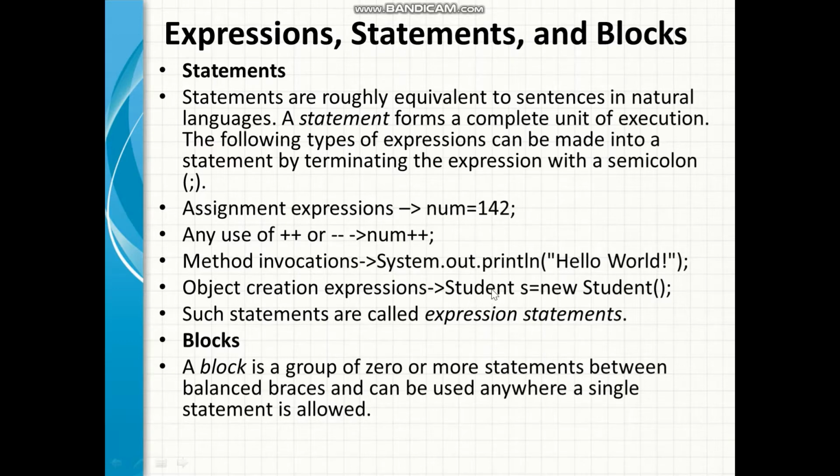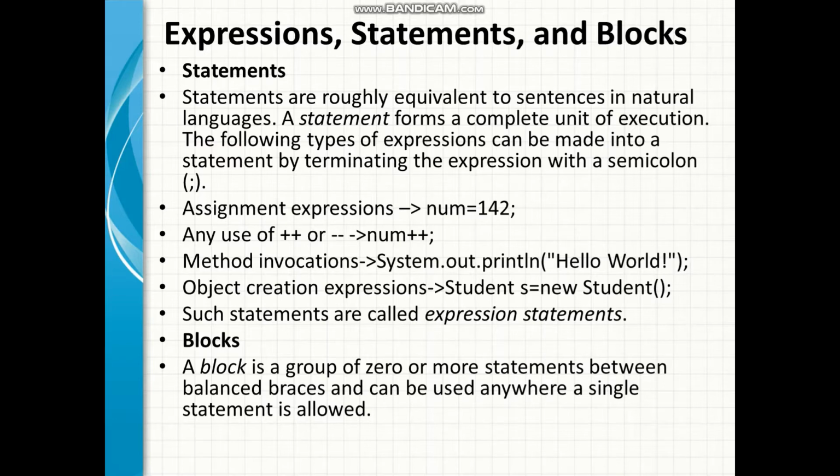Here Student is a class name, and s is the object which we have created. First we are declaring s with reference type Student. Just as in int i, i is a primitive value of data type int, here it is a reference, so this is not a primitive but a non-primitive data type, which I am going to explain in classes and objects when I start the OOPS concepts, maybe in the second or third session.